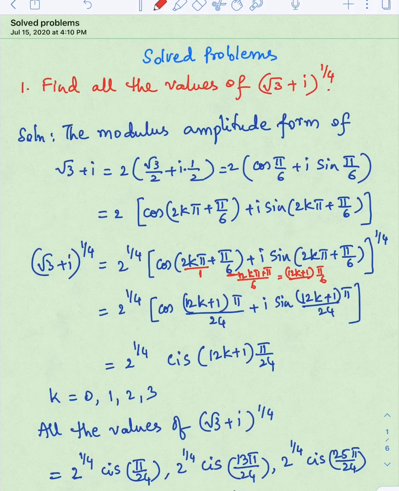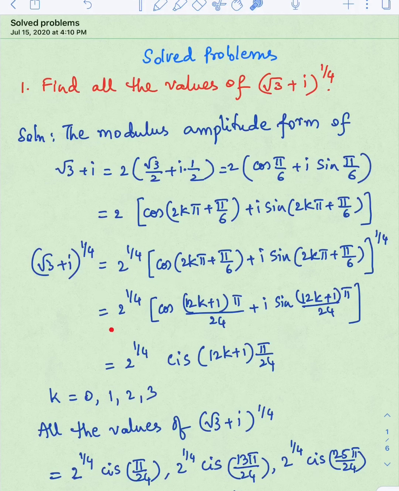Once again I am repeating. Here it is 6 2s are 12k pi plus pi. Pi is common. 12k plus 1 into pi by 6. That comes here. Why did this 24 come? What is there in power? 1 by 4. By 4 means 4 and 6 are multiplied here. 4 6s are 24. Like that you have to understand, otherwise you can't get the point. Take LCM and do, so that you get it.